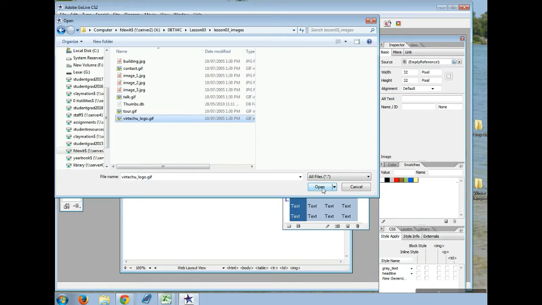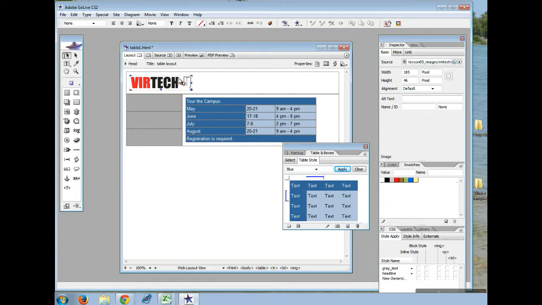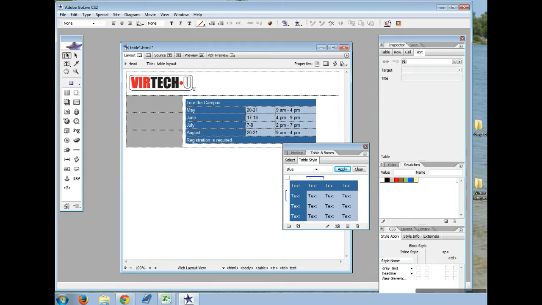And there it is, Vertex logo GIF, and go open. In it goes. And click beside it and type in the place to learn technical